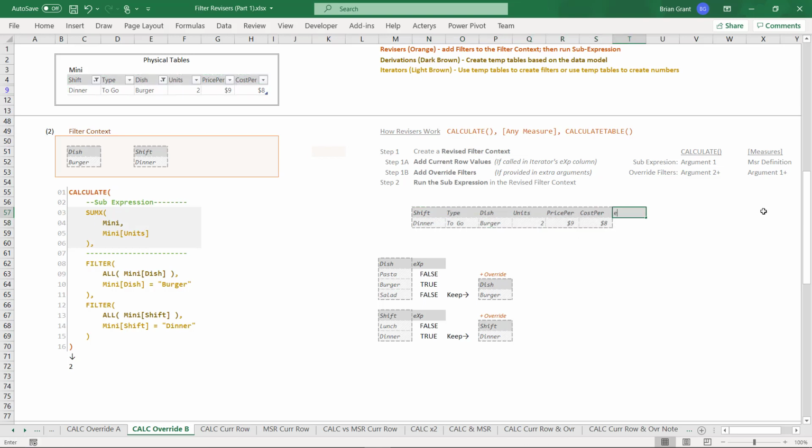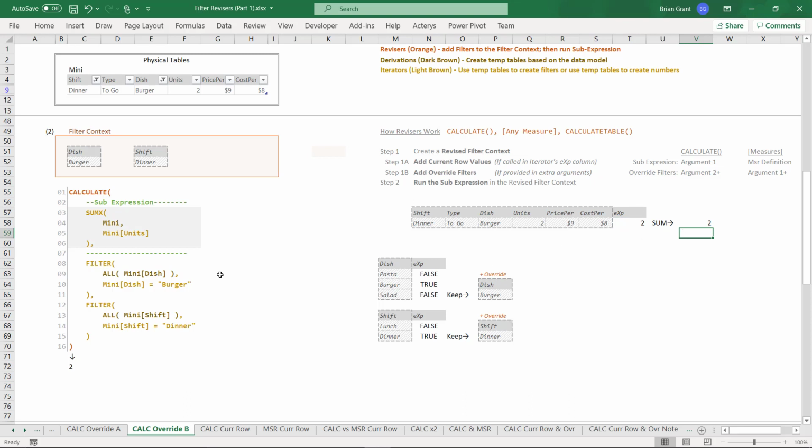Come over here. I'm going to type in EXP. All the hard work is already done. So for each row, I get the units. So I get 2 right there, and now I'm going to sum up the results because this is the sumx function. So I'm going to type in equals sum. And the sum of that number and nothing else. Who's good at math? I go ahead and enter, I get the number 2, which is the total number of,